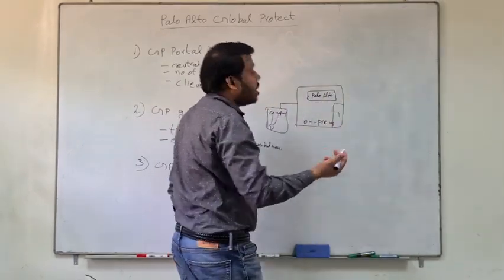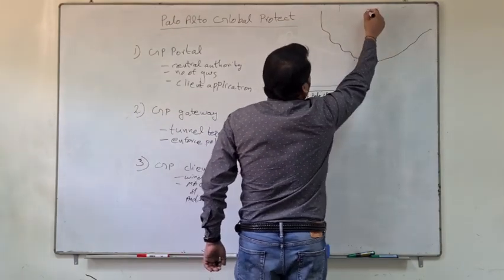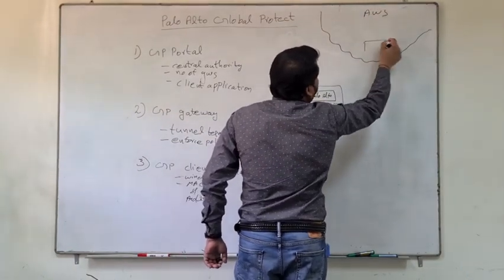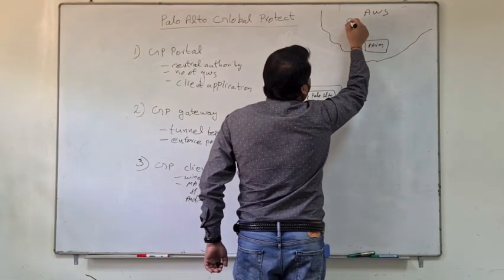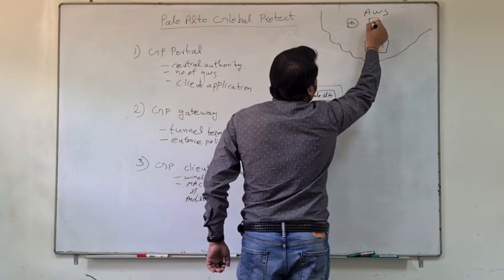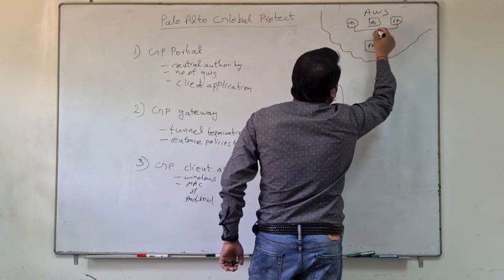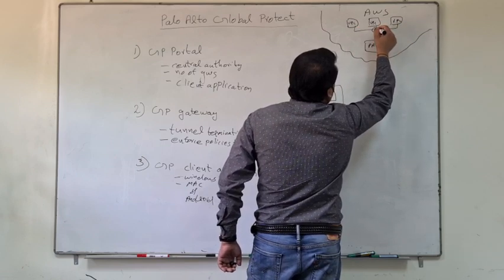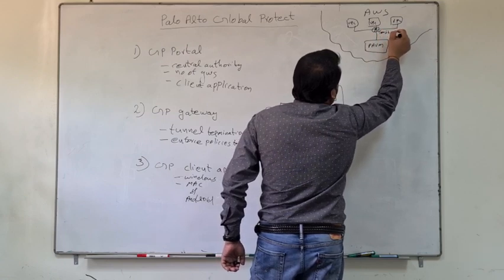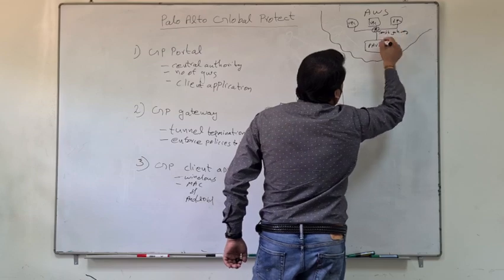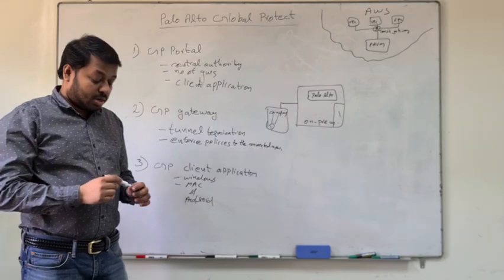Then the same customer has a solution at AWS, in the public cloud. Here he is running a Palo Alto VM, PA VM, and there were VPCs, VPC, VPC, VPC. And they were connected using a transit gateway to the Palo Alto VM. So this was the existing environment of the client.